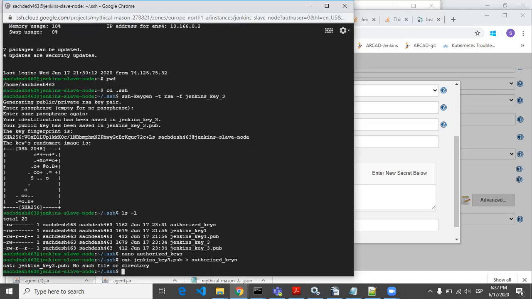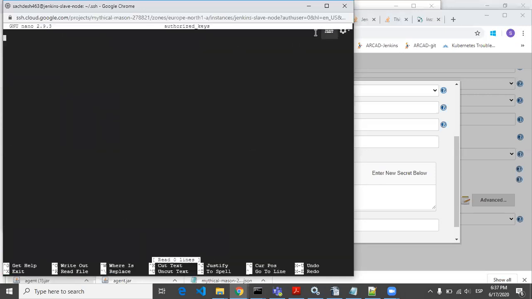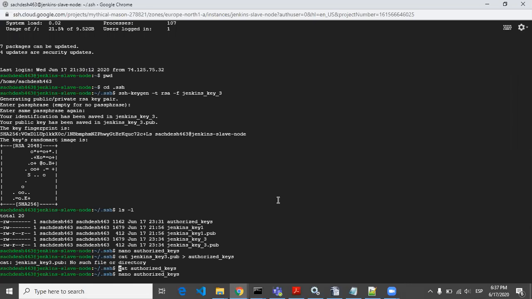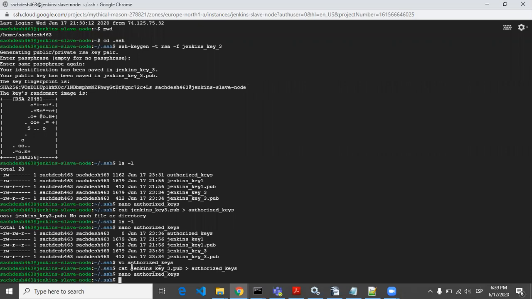When you see this, cat authorized_keys. So this way you can copy the public key to the authorized keys: cat Jenkins_key_3.pub into the authorized keys.